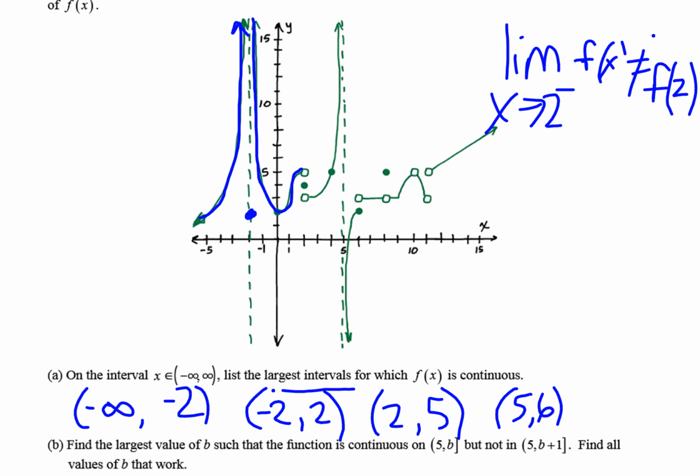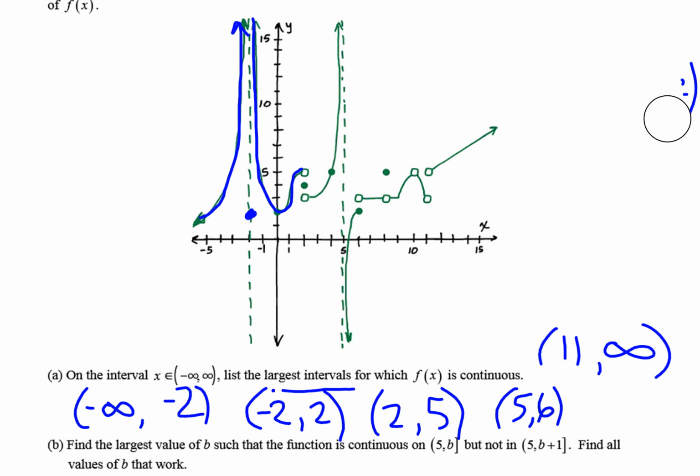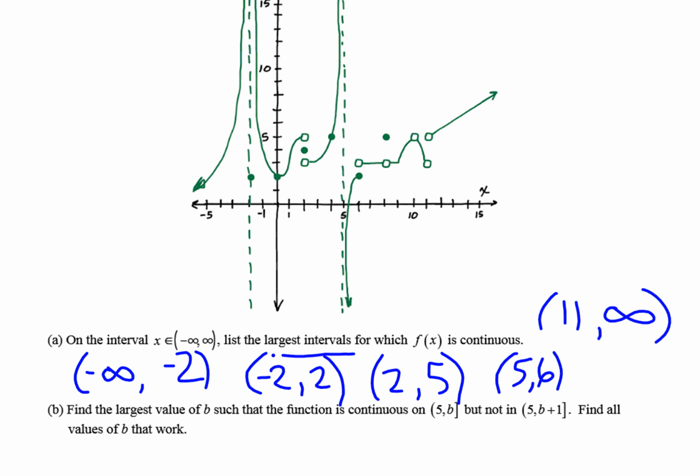So I'll just jump to the end. It looks like 11 all the way to infinity. And remember, we never include infinity because it's not actually a number. It's approaching a number. Next question, find the largest value of b such that the function is continuous on [5, b]